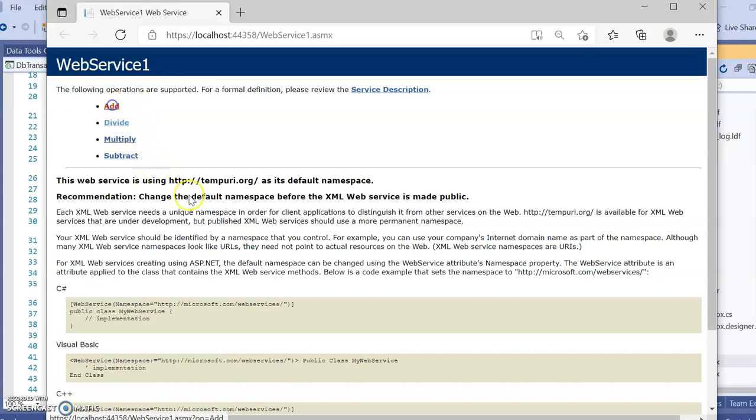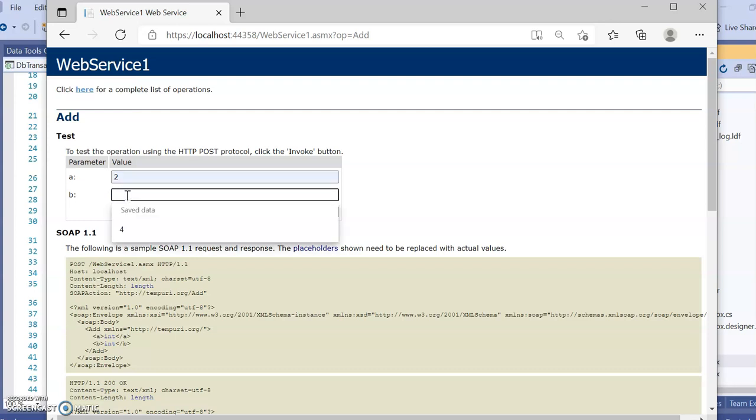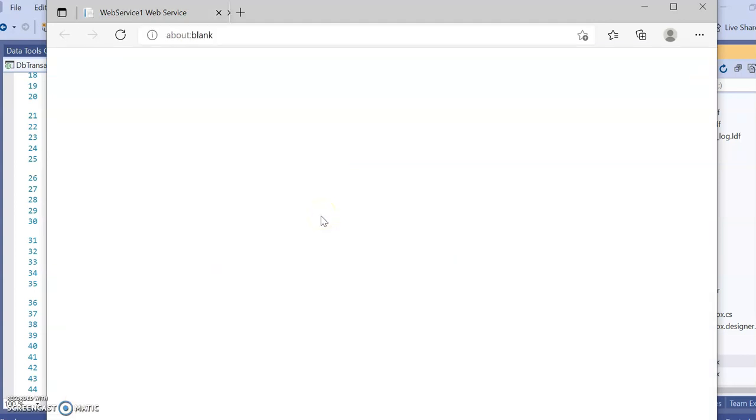If we click on add, you will see the A and the B. You just have to pass the values. Say invoke, click on this button. It will perform the operation and show the output. It takes some time.